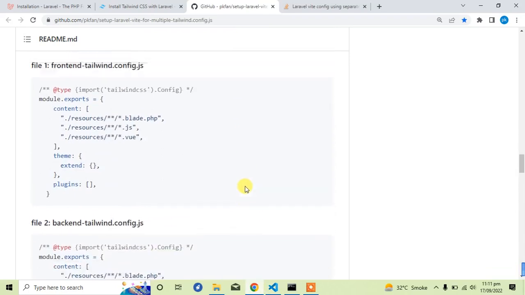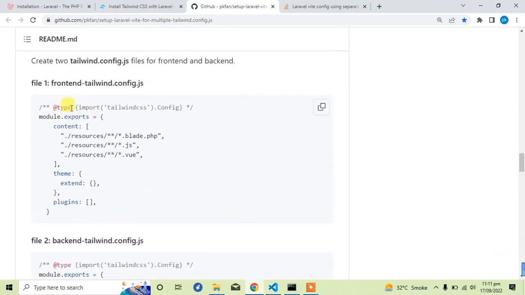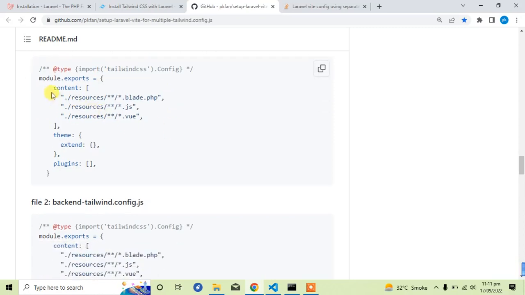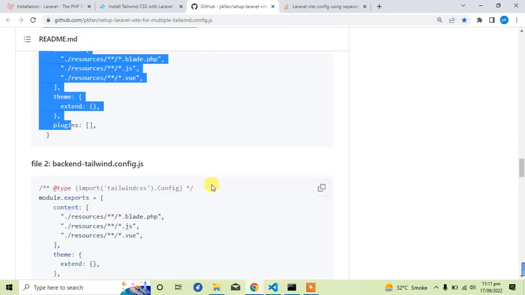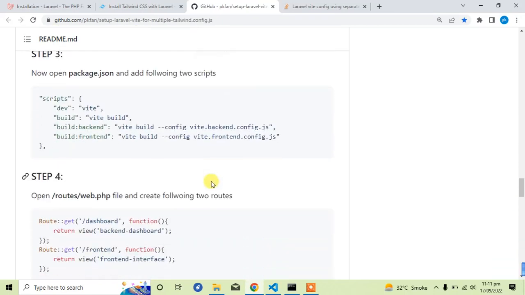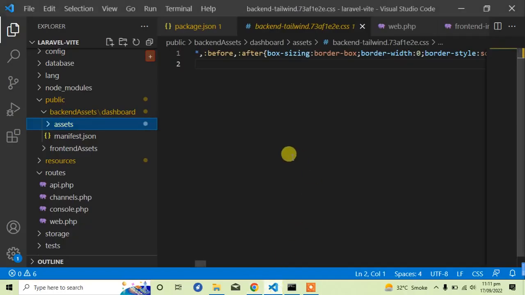After that, we have to create two config files. Within the config files, this code is from Tailwind, and in package.json, we mention our Vite config files here. So we create two build scripts. You can also create two dev scripts. Dev means